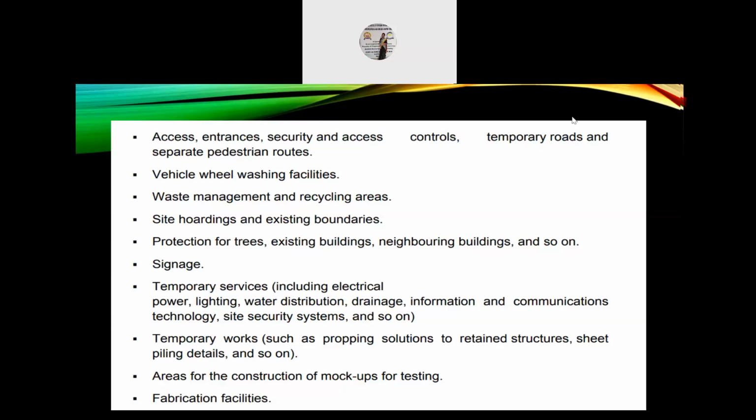Temporary work such as propping solutions to retain structures, sheet piling details and so on, and areas for the construction of mock-ups for testing and fabrication facilities.